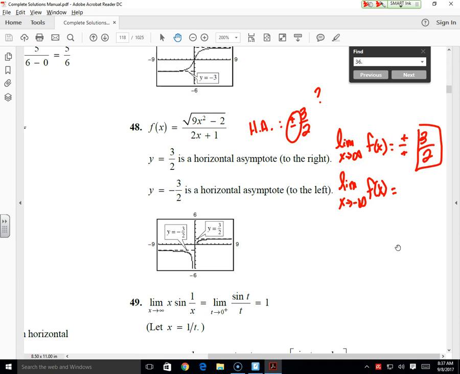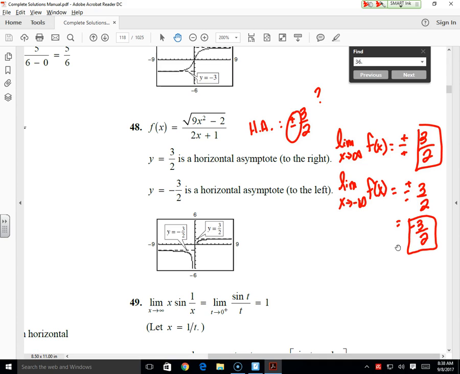Done. But if we were to plug in negative infinity, squared times 9 minus 2, square rooted, what sign would that be? Positive. But what sign would this be? Bigger and bigger than negative. So this would be a positive over a negative, 3/2, which is why I have